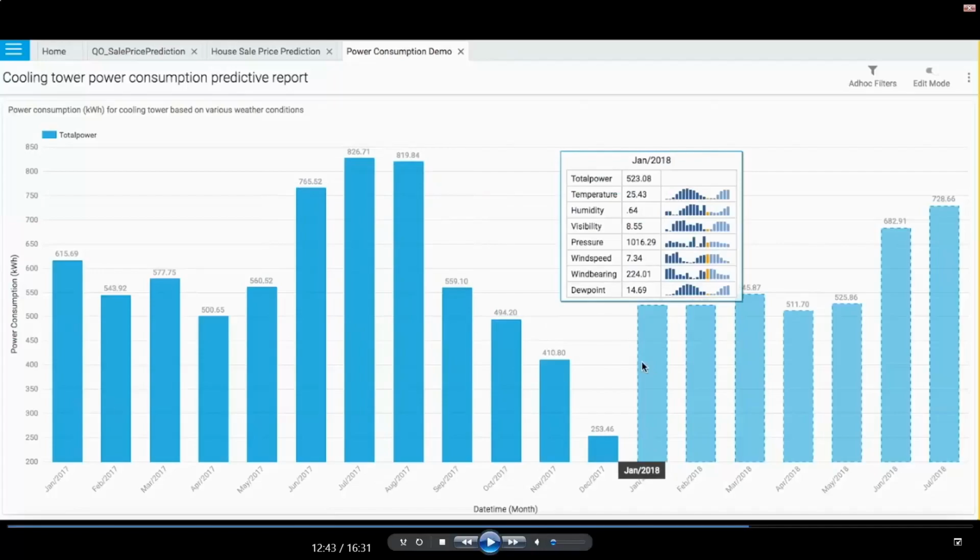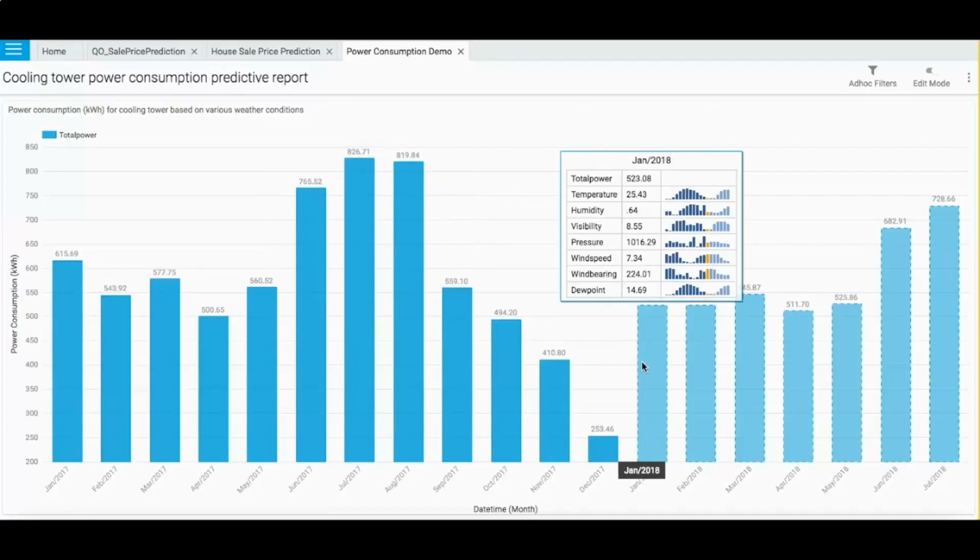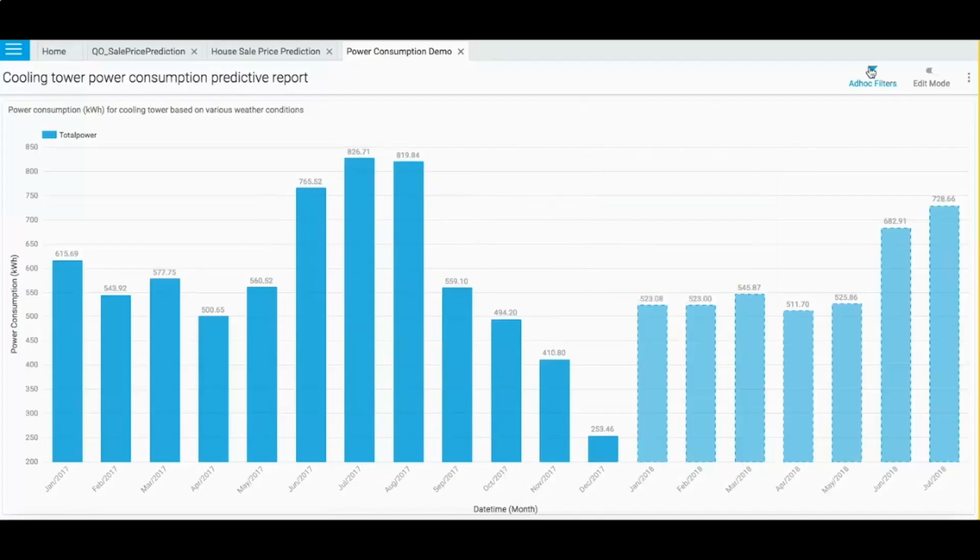One important factor in this processing that Intellicus does is, for the future you may not have all the independent variable values. So based on the trend, they are also predicted first, and then those predicted values are used to predict the resultant power consumption.